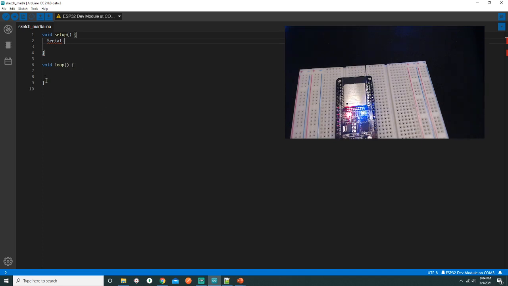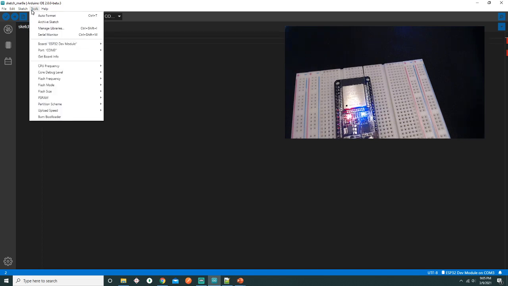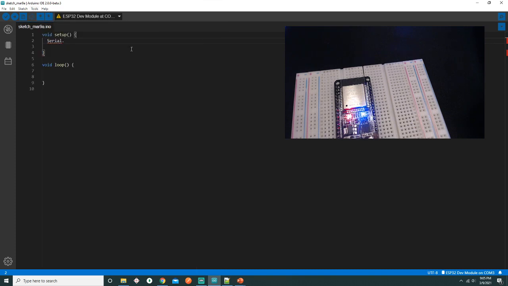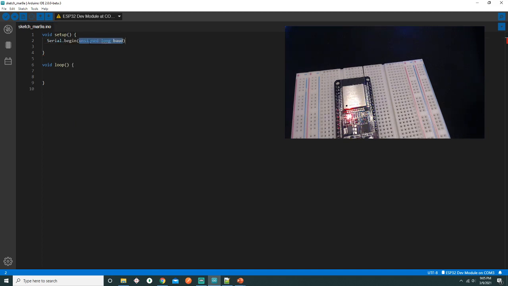One more thing I observed was that before this starts working flawlessly, sometimes you have to go to Tools, click on Board, ESP32, and just click here. Okay, so now it just appeared. I'm not sure whether it is a bug or it is just pretty slow.